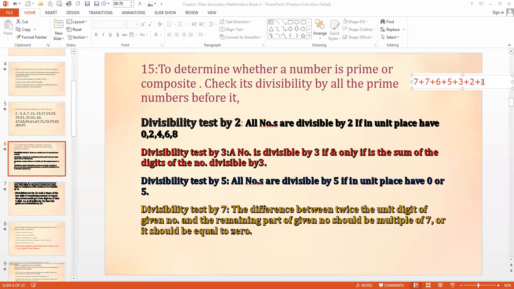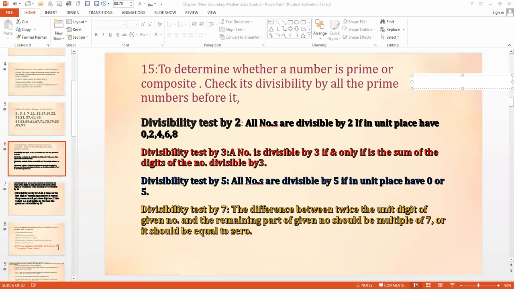So 31 is not divisible by 3 because 3 tens are 30 and 3 elevens are 33. But if, suppose, instead of 1 the last digit were 3, then my answer would be 33. Is 33 divisible by 3? Yes, it is divisible by 3. So this number would now be divisible by 3. So if any number is given to you, you have to sum up the digits and then you will get your answer. Clear? Now we move towards the next divisibility test.